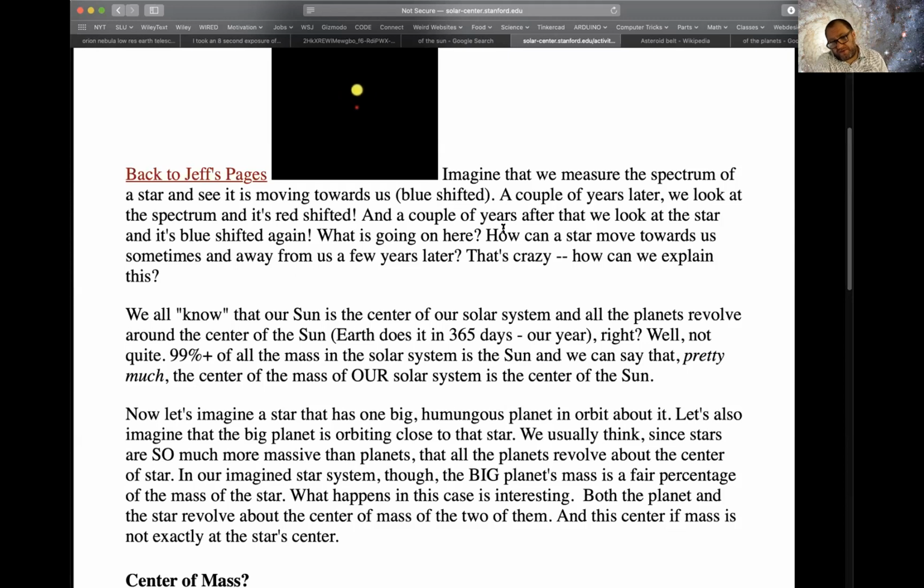Now, as we looked out into the universe, we see here, this is a cartoon up at the top of, say, a star orbiting a planet. So this could be our sun, and that could be a planet like Jupiter. Now, Jupiter really is the main contribution, and if I draw a picture here, then the center of mass will probably